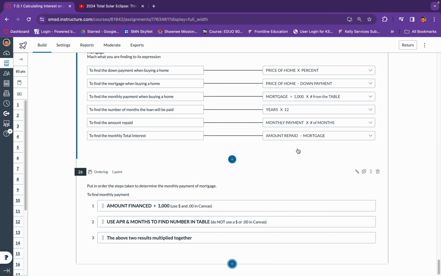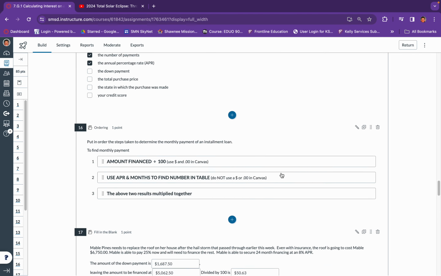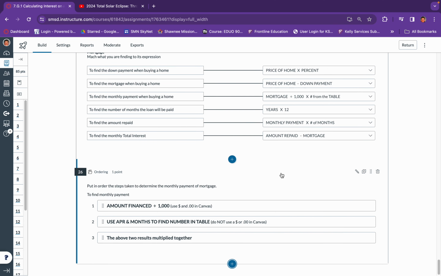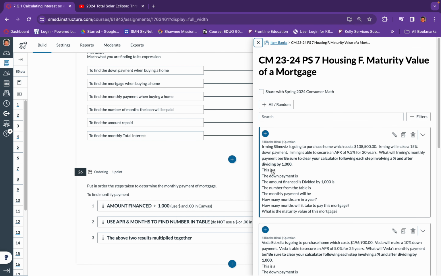Okay, so this is how I have created banks in the past. This is an assignment that I started, and it is simply copied from this exact same course, because I used a lot of the questions over again. But now I'm going to open a bank that I already have,